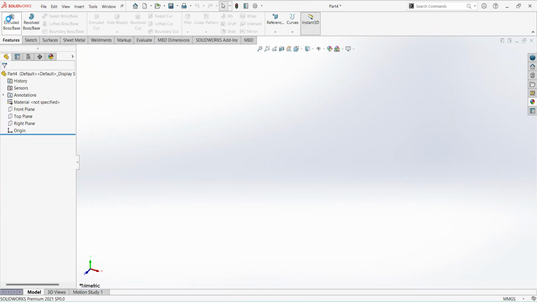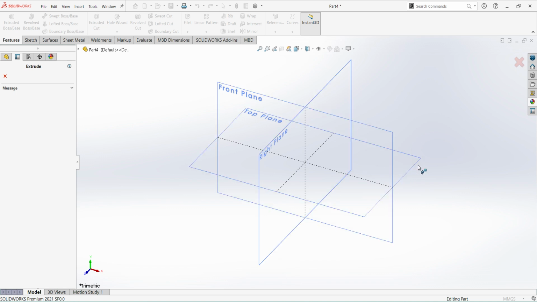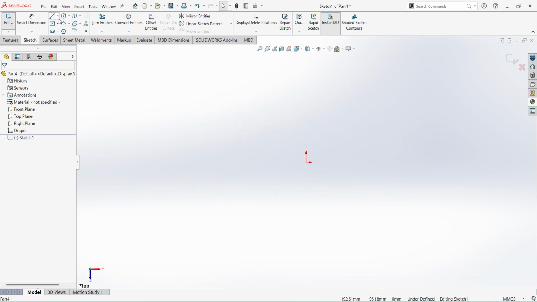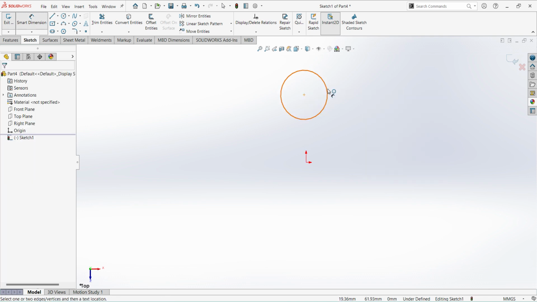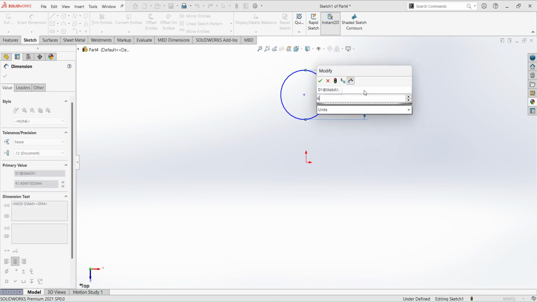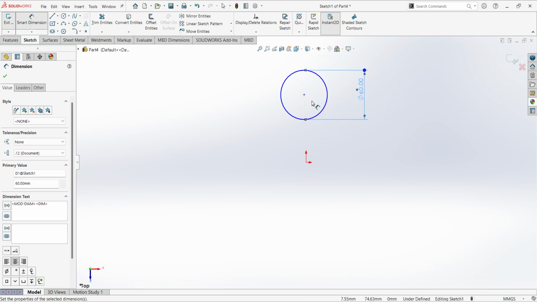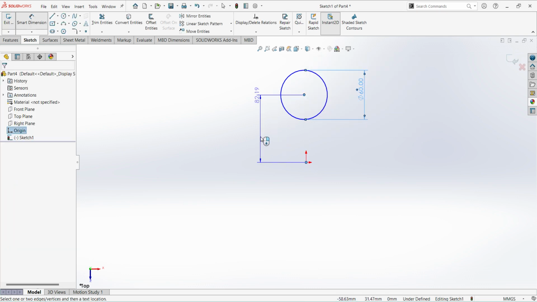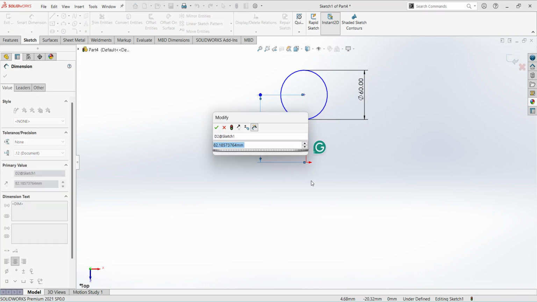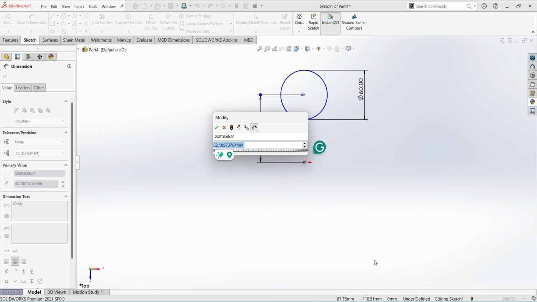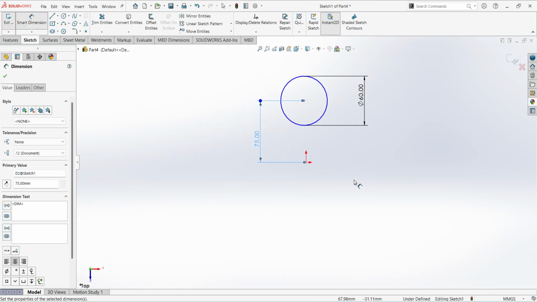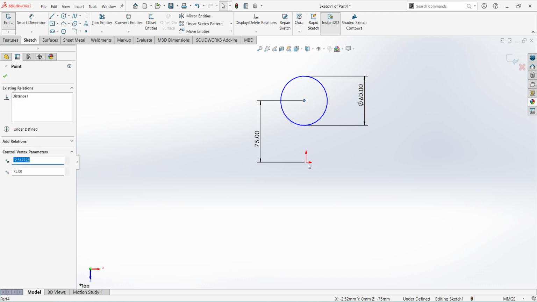Select Extrude, select the top plane, create circle, give the dimension 60 mm from here to here, 75 mm. Give the vertical constraint,